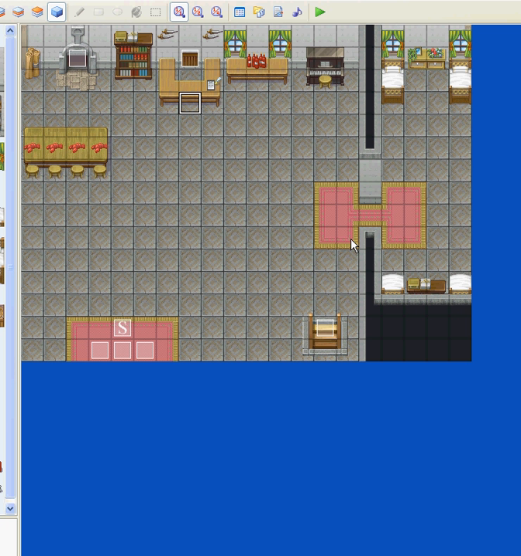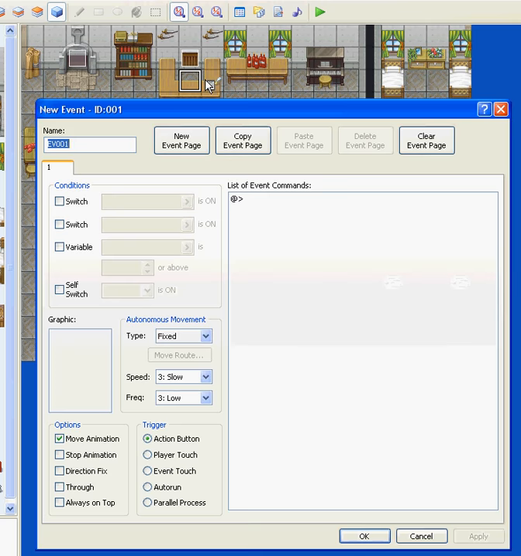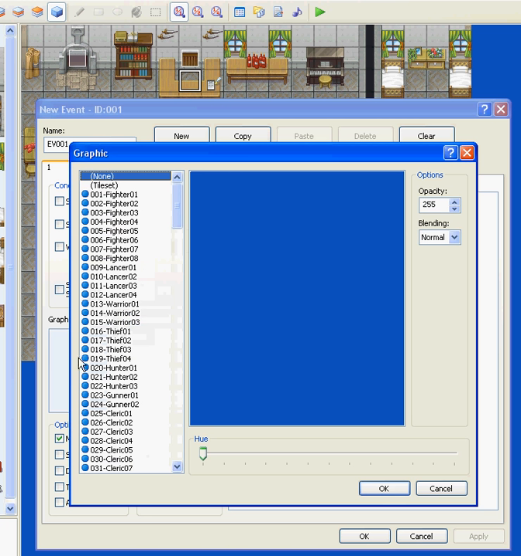XP tutorial. I'm going to show you tonight how to use a parallel event with items for an innkeeper. Just kind of give you a basic idea of how it all connects. Let's get started here. What we're going to do is start a new event, and of course we need a graphic for